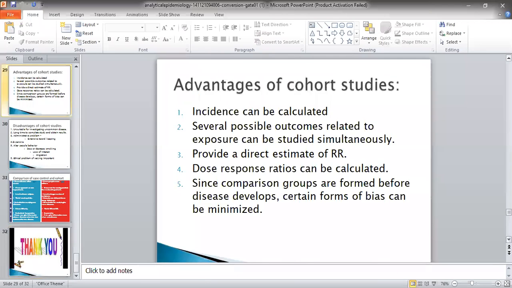ठीक है? Now comes to the advantages of cohort studies. Incidence can be calculated from cohort study. Several possible outcomes related to exposure can be studied simultaneously. If we are studying multiple risk factors,